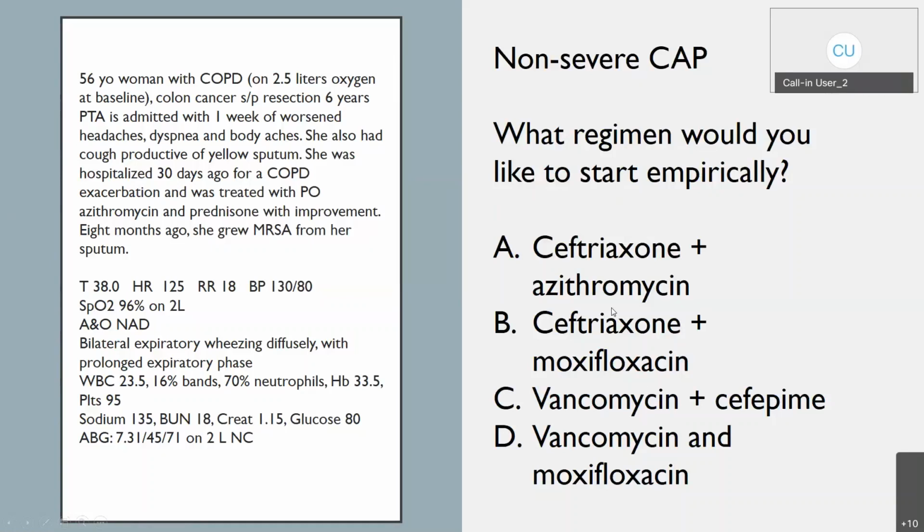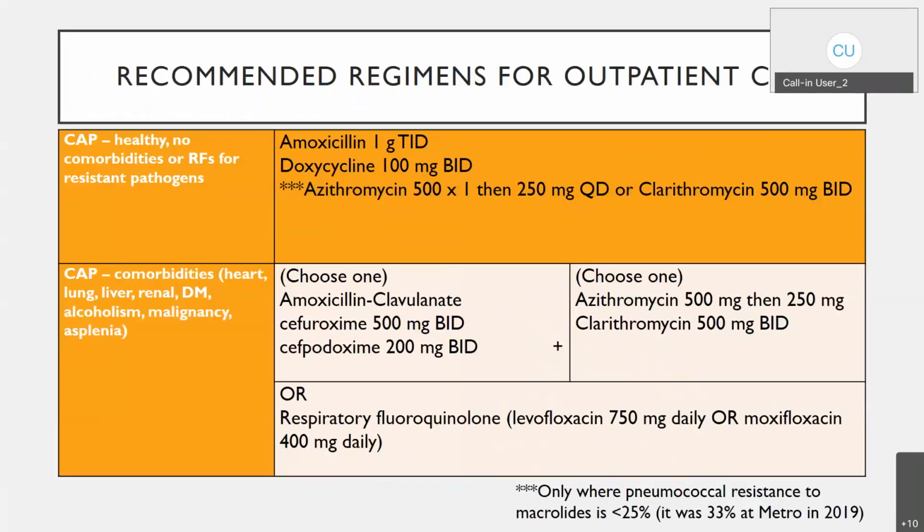And I'll show you a table of the regimens for different levels of pneumonia here. So if someone has outpatient community-acquired pneumonia, they're healthy, they have no comorbidities, there's no risk factors for MRSA or Pseudomonas, the 2 recommended choices are amoxicillin and doxycycline. In prior guidelines, azithromycin or clarithromycin were suggested as monotherapy, and that was the go-to drug for outpatient pneumonia. However, pneumococcal resistance to the macrolides has grown in the last few decades, and so azithromycin is no longer recommended for monotherapy,